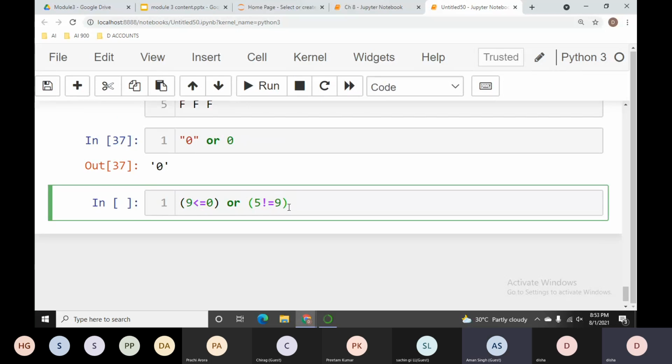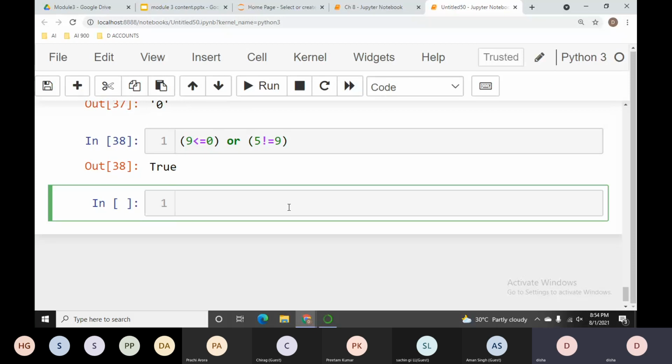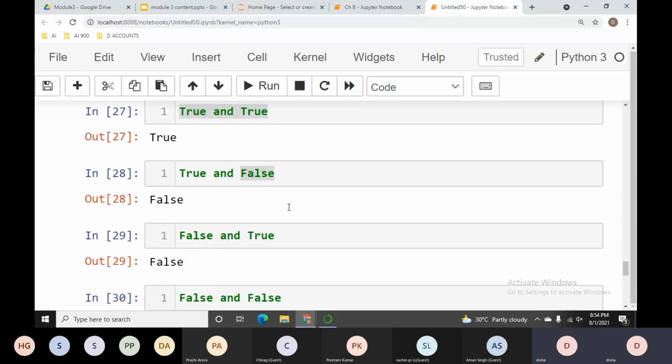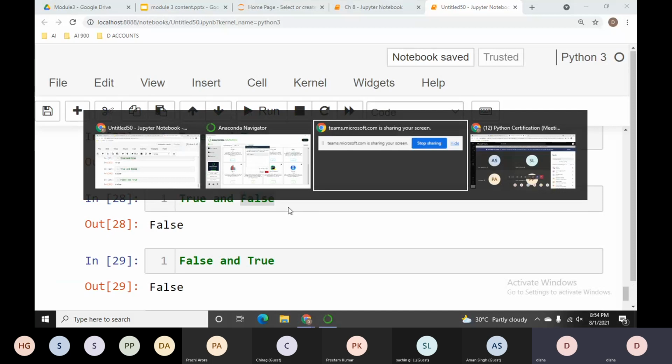Ma'am, true. Yes. Why? Because 9 is less than or equal to 0, this will be false, or 5 is not equal to 9, this will be true. So we will get the result as true on our screen. So I hope that you all are clear with this OR operator and the AND operator, right?